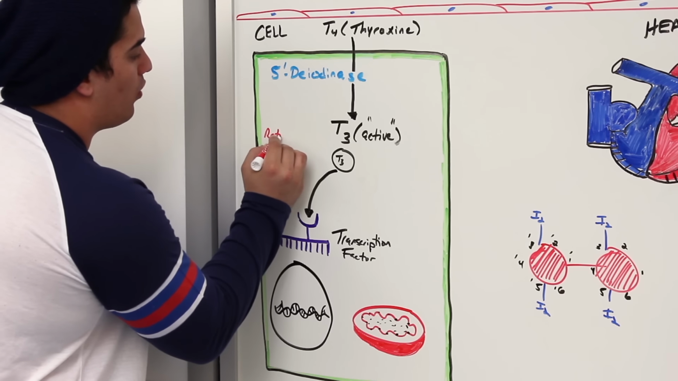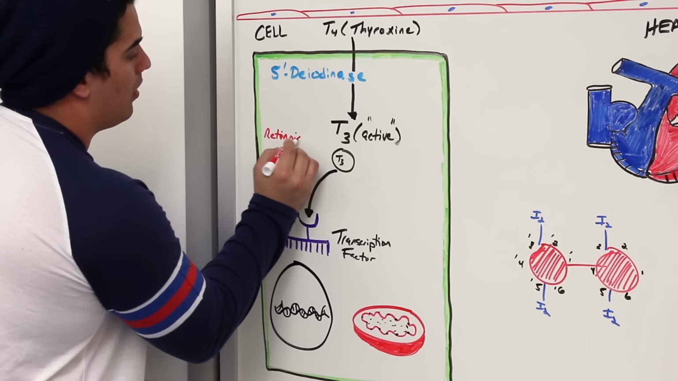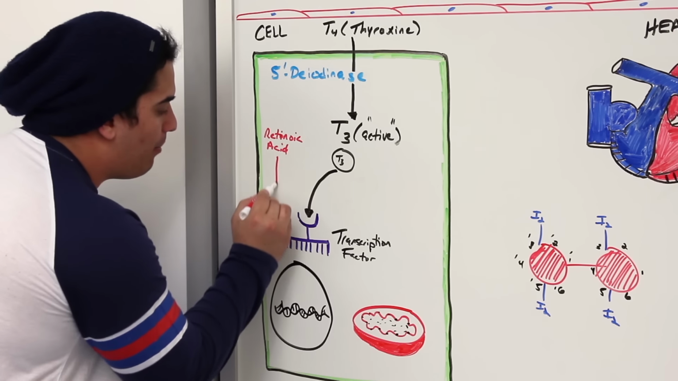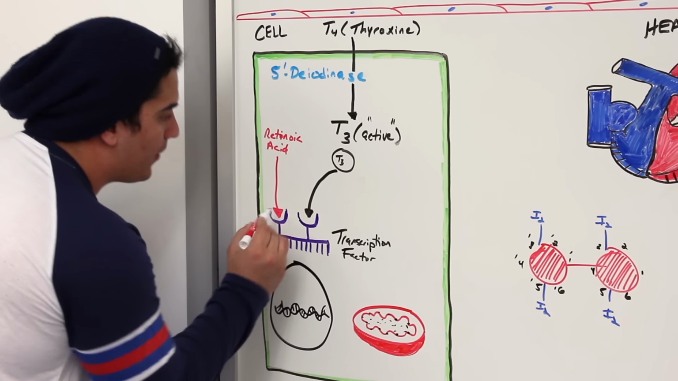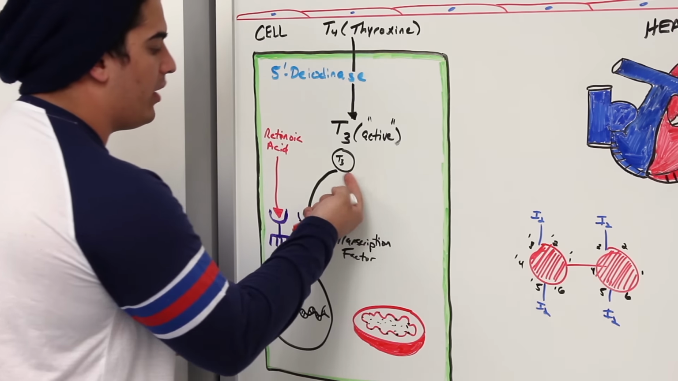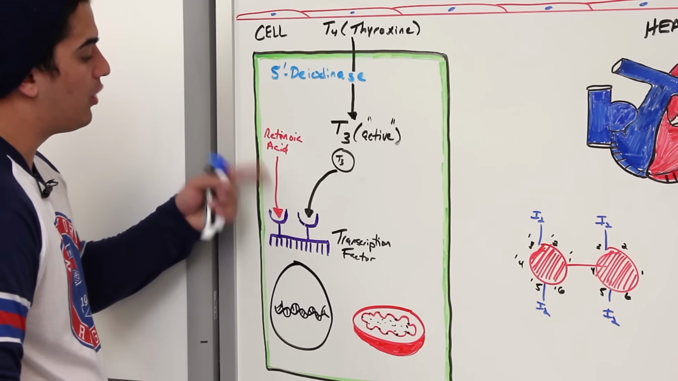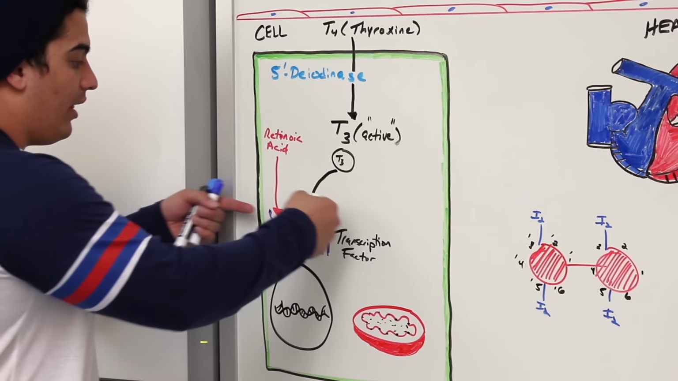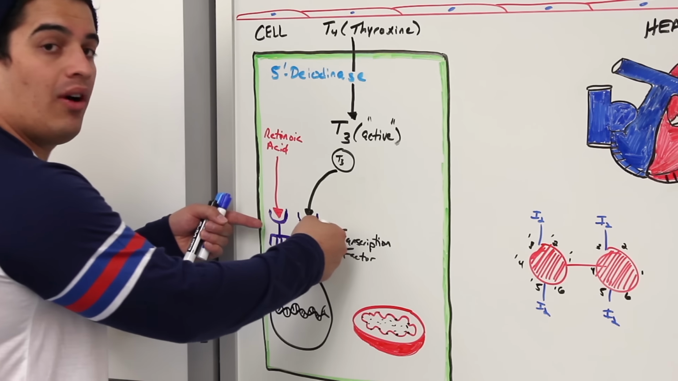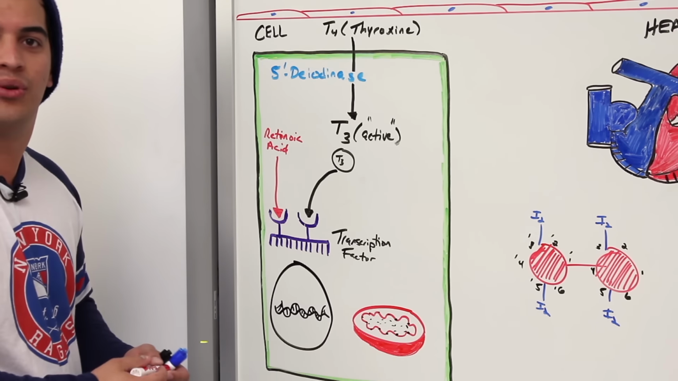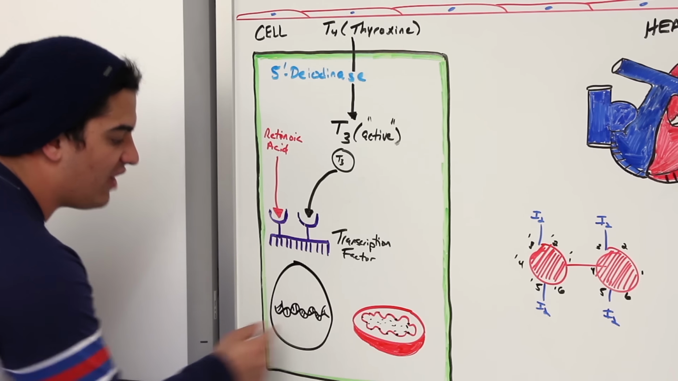Retinoic acid. It comes over here and binds into this pocket. So what two things are binding into this pocket? One is T3, which binds right into that pocket. The other one is retinoic acid, which binds right into the pocket. Then this transcription factor is now active, and it can move into the nucleus and stimulate a specific gene sequence,